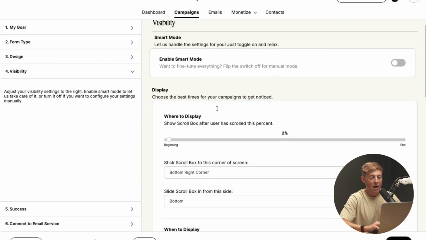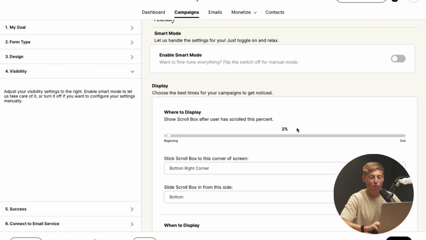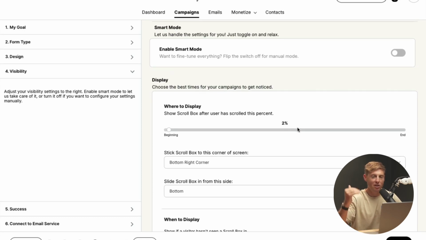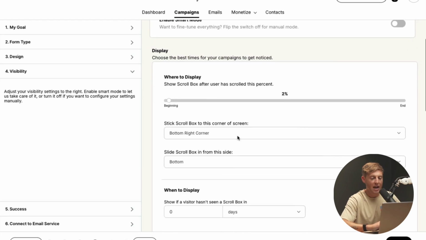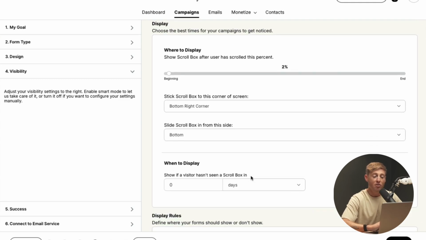On visibility, I want the scroll box to appear 2% into somebody scrolling. So immediately when somebody starts scrolling, I want that scroll box to appear to remind people that this is a special offer and they have a certain amount of time to take advantage of it. I have the scroll box sticking to the bottom right corner of the page and then sliding in from the bottom as well. Show if a visitor hasn't seen a scroll box in 0 days. So this will show a scroll box every time somebody lands on this page, regardless of whether they've seen the pop-up or not. Anytime we're running some sort of special offer, we want to make sure that we're reminding people